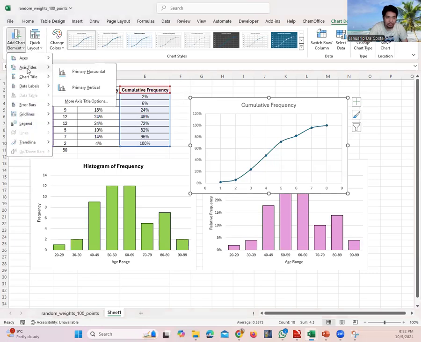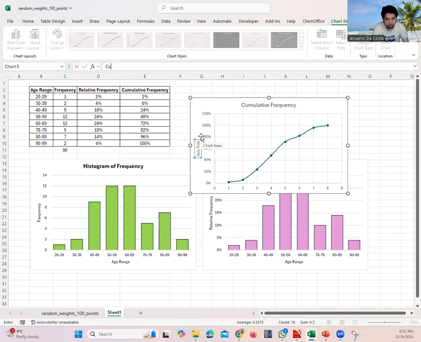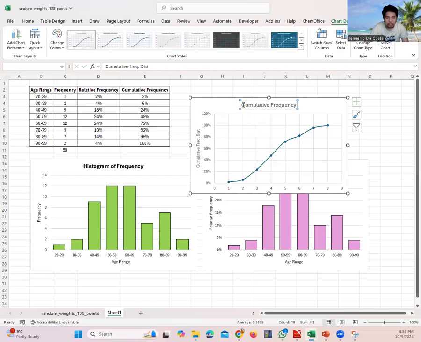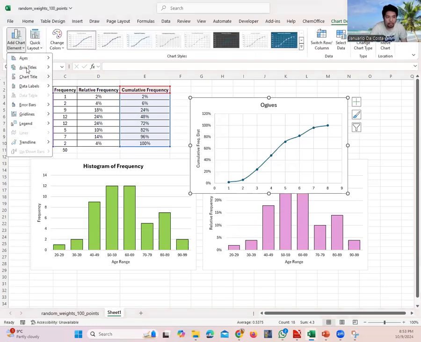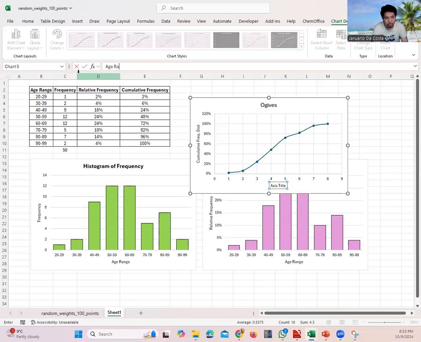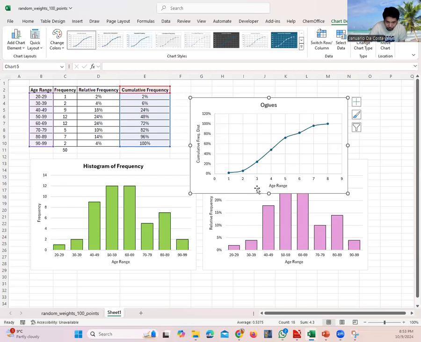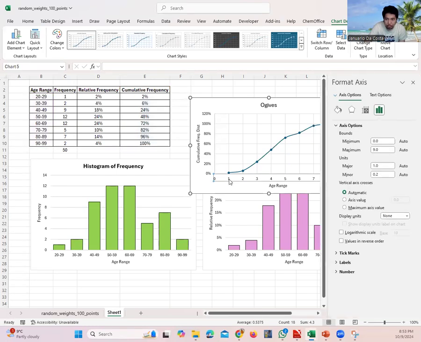Let us edit this. So you have to put cumulative frequency distribution. And then this one is what you call an ogive. Yeah, it's just a name. This is a fancy name for that. Oh, and then we forgot to put the x-axis title. So that was age range. Okay, but we need to change this. Instead of putting this from 0 to 1, we need to put it from